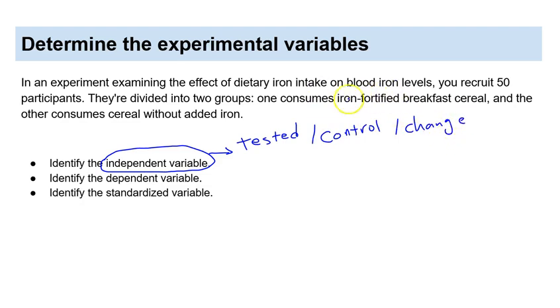So here we have the type of breakfast cereal, which the researcher is willing to test. So they can control it and change it. For example, the iron-fortified breakfast cereal versus non-iron-fortified breakfast cereal. So then the independent variable would be the type of